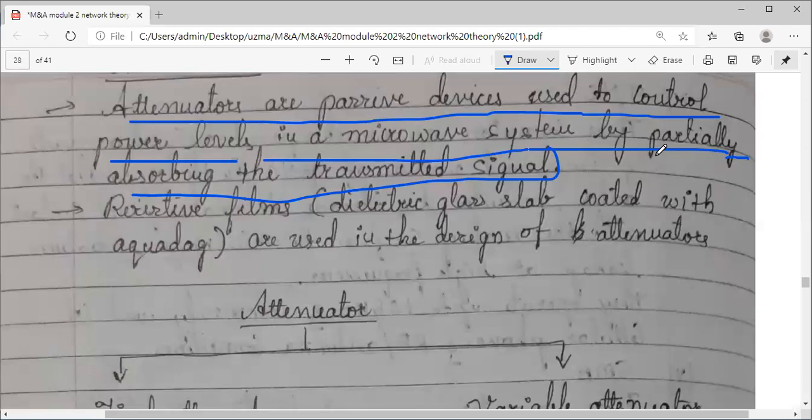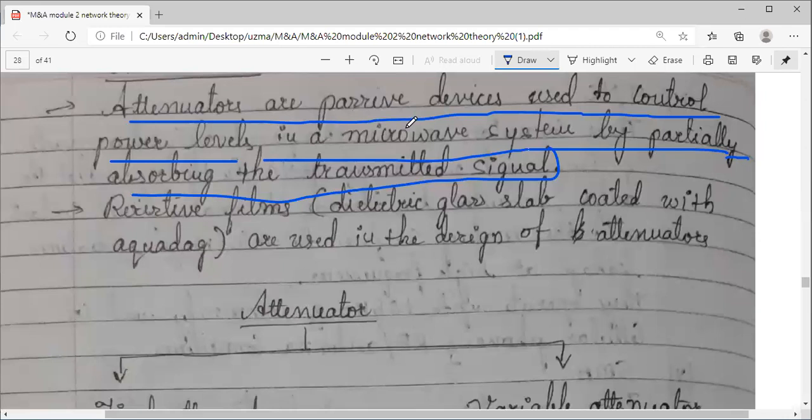If some part of the power of that wave gets absorbed, obviously the power we get at the receiving side won't be exactly the same as the incident. It will be less because a certain part of that power gets absorbed in between when we use these attenuators.